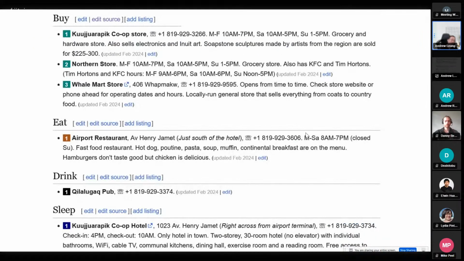Here's just a really quick example of what the different groups and categories of the listings look like. On the top, you have shops for a very remote location in northern Canada. Restaurant, it is the only restaurant in town. There's also a pub, and also one hotel. They group it into really nice categories that help travelers quickly identify, using, for example, different colors to map out what the listing is about.